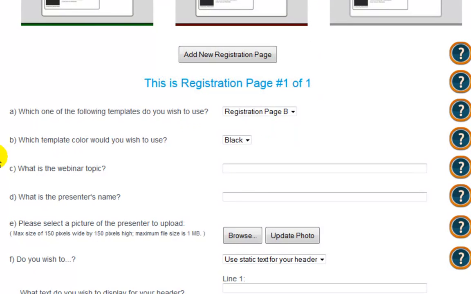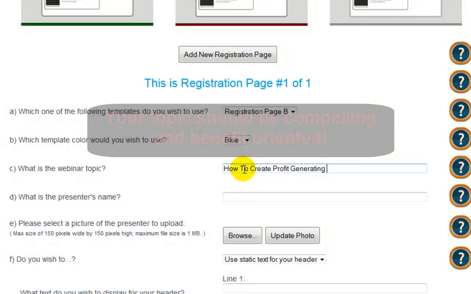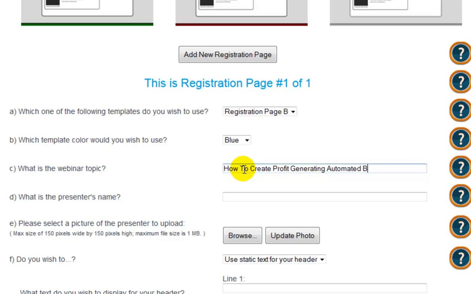Then of course we go to number B, which template color would you wish to use? Well, I like blue, so I'm going to select blue. Number C, what is the webinar topic? Basically, I'm going to type in, capitalizing each letter of the first word, How To Create Profit Generating Automated Business Presentations, sales